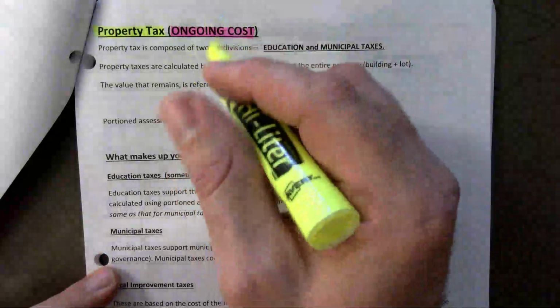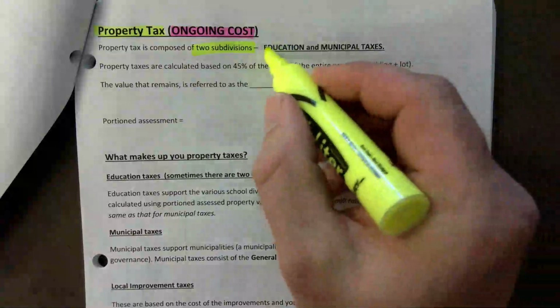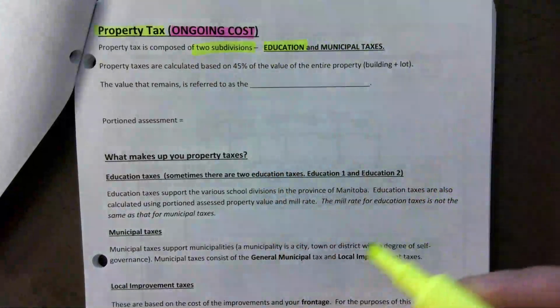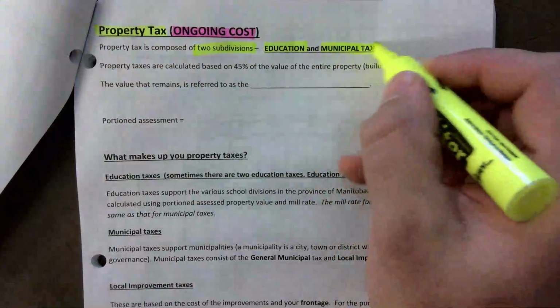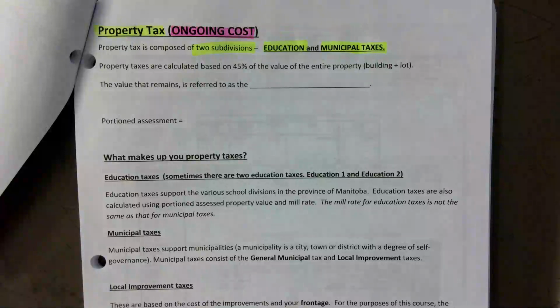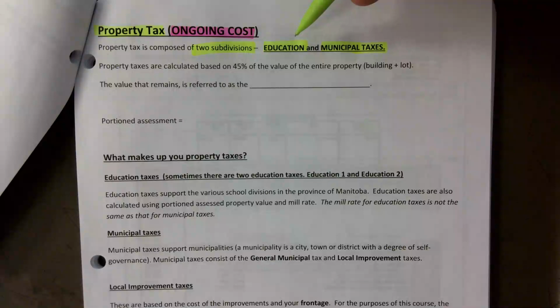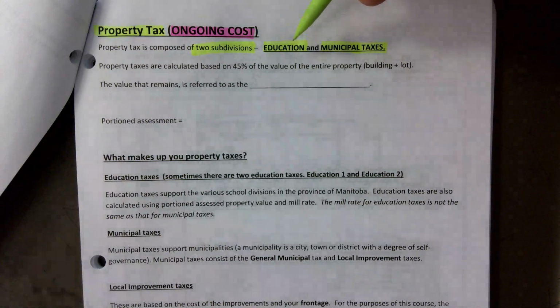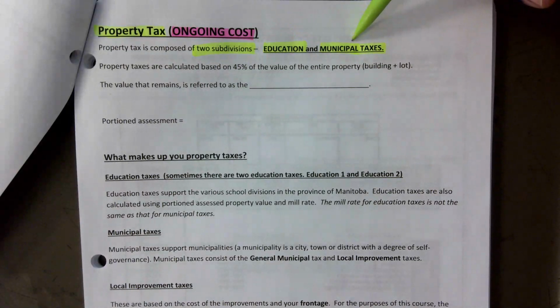Usually, property taxes are composed of two main subdivisions. There's the education portion, and there's the municipal taxes. Okay? So you can probably guess what education goes towards, right? So your bill is split into two. This goes towards schools, teachers running the school systems, the school buses, everything that comes with it. Municipal taxes go towards,